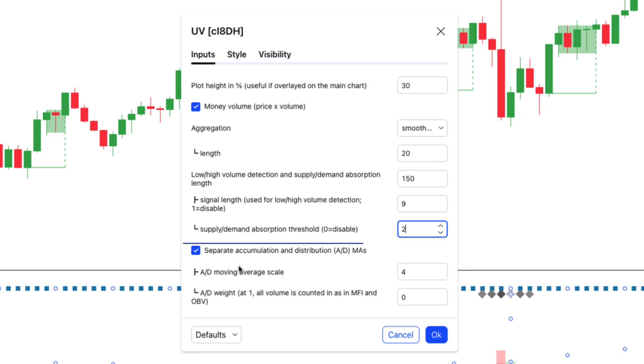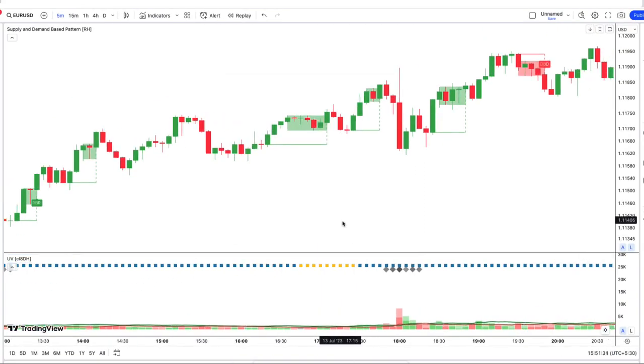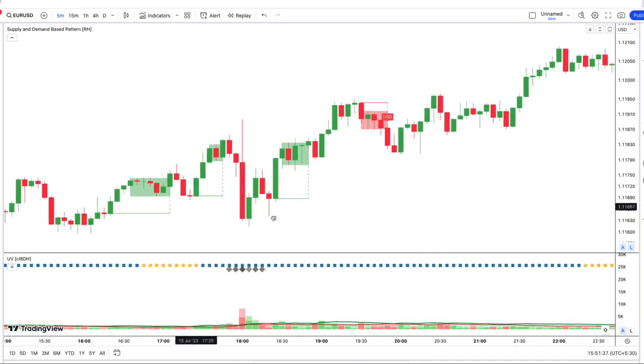Finally, activate the options Separate Accumulation and Distribution and adjust AD Moving Average Scale and AD Weight to 4 and 0, respectively. These settings fine-tune the indicator's insights into buying and selling pressure, a valuable insight for anticipating potential price